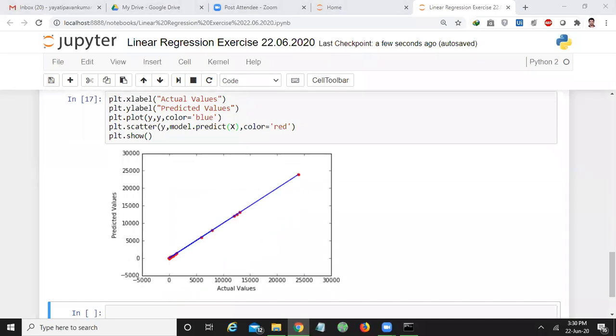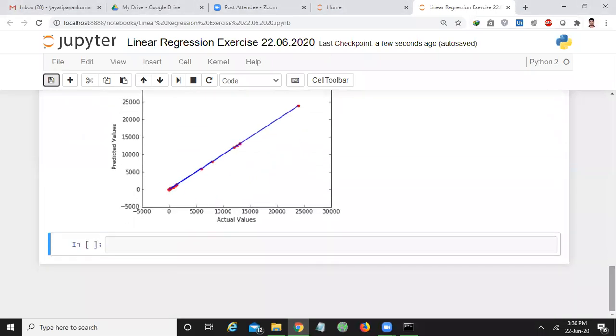Now let us make use of GraphLab. Okay. Now we'll go for another example. I think all of you have home_data.sframe, right? So now we will work with that data set, which is actually an SFrame.